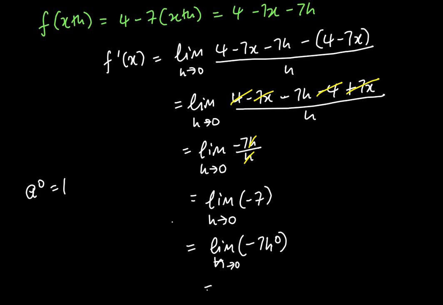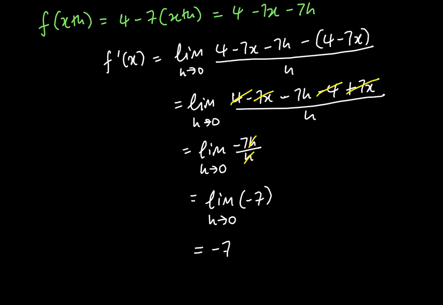So now I can substitute my h as 0. I'll have negative 7 times 0 to the power of 0. Oh wait, looks like we're going to hit a dead end, because when you put 0 to the power of 0, you get an error in your calculator. Interesting. So does it mean that this doesn't have a solution? No, it doesn't mean that it doesn't have a solution. It actually has a solution. When you go deep into limits, then you'll actually learn that this is a horizontal line and the answer will always be